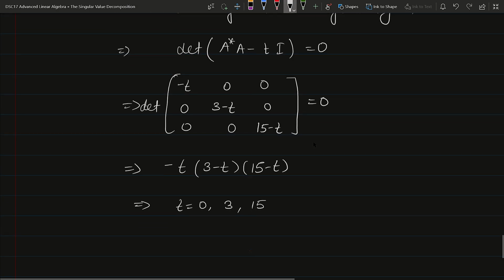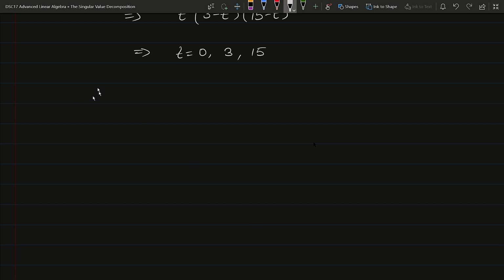So we have these three eigenvalues. Okay, hence you can say, thus eigenvalues are lambda 1 is equals to 15, lambda 2 is equal to 3, and lambda 3